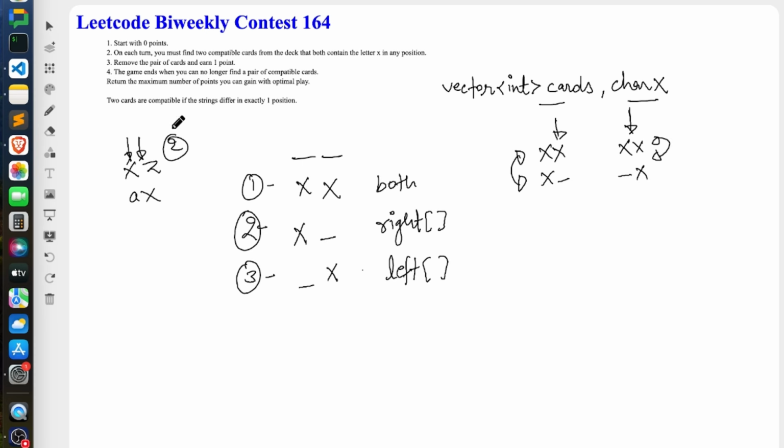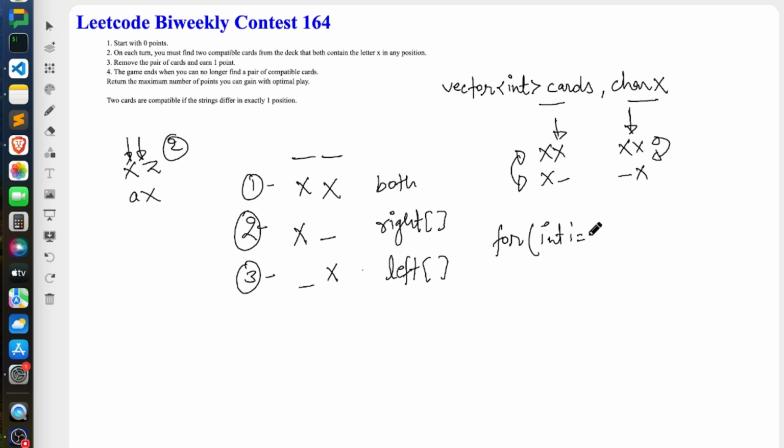It means that a compatible pair can be formed only if you have at least one type 1 card, and for the second it could be either type 2 or type 3, right? And we have to find the maximum number of points. But we don't know if choosing type 1 with type 2 would give the maximum, or type 3 would. So what we will do, we will use a loop